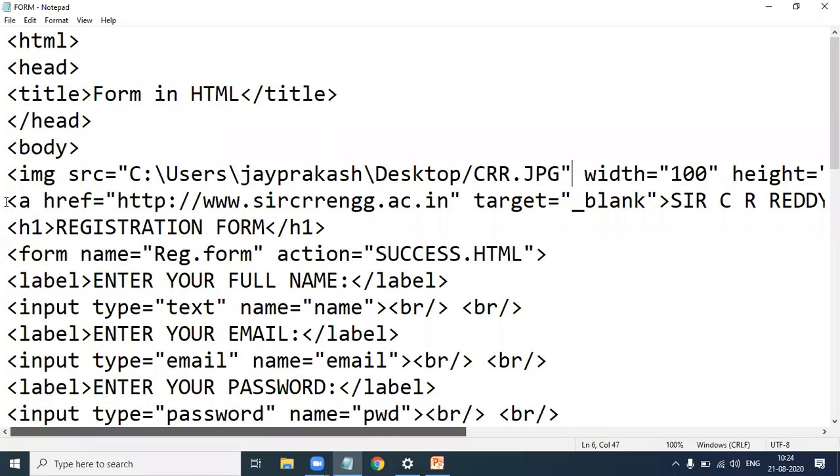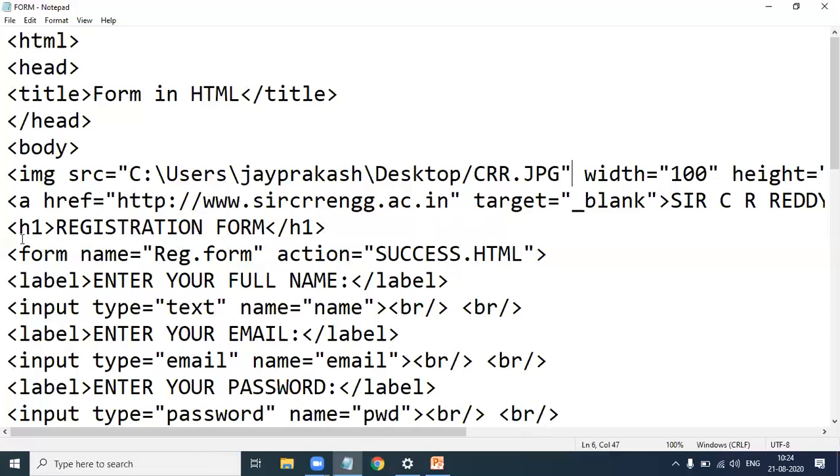Next one, I give a hyperlink. This is the anchor tag to insert a link in the web page. a space href equal to, here I give the link, www.searchcrrengg.ac.in. When you click on this CRR College of Engineering, it navigates to this web page.